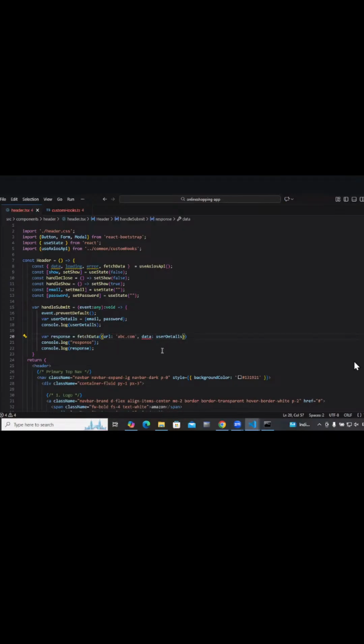This is an object and we are passing this. Okay. Let us see this.